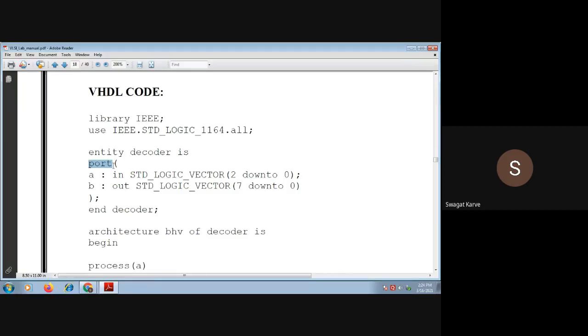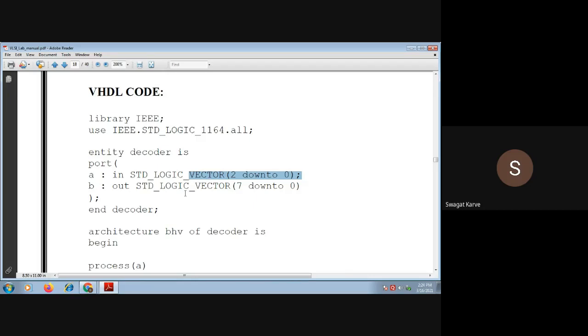Standard logic, if I just write that, for example, if I have skipped this part, okay, a standard logic, what does it mean? I have defined only this much: a input standard logic. What will happen?